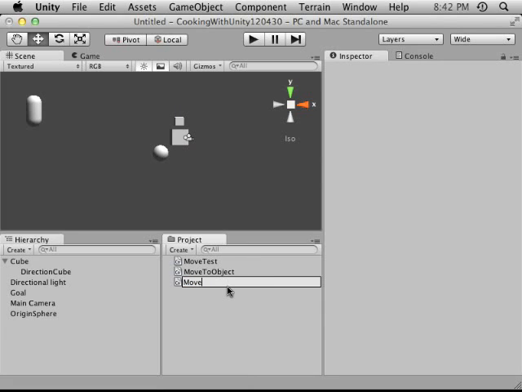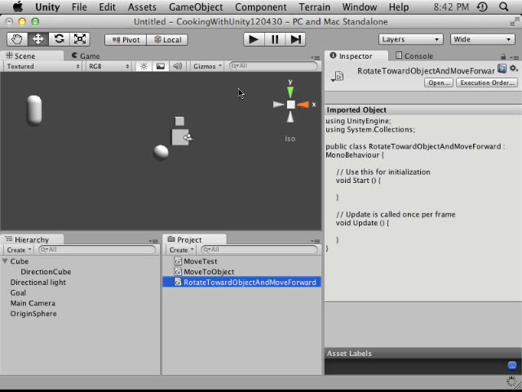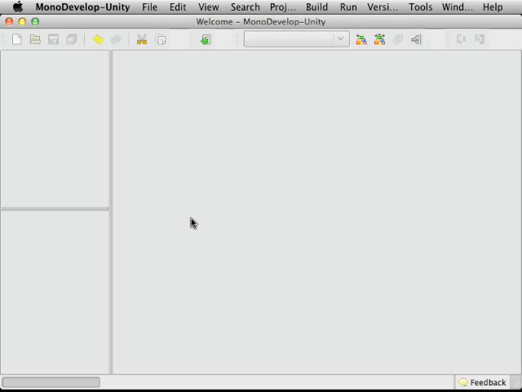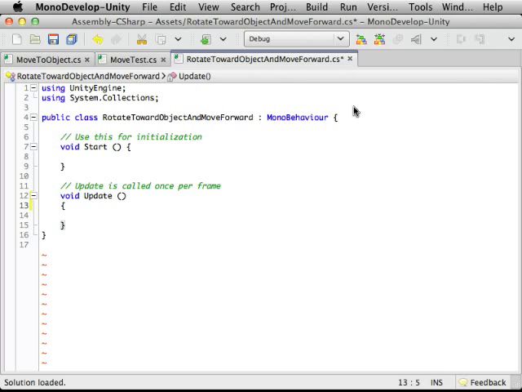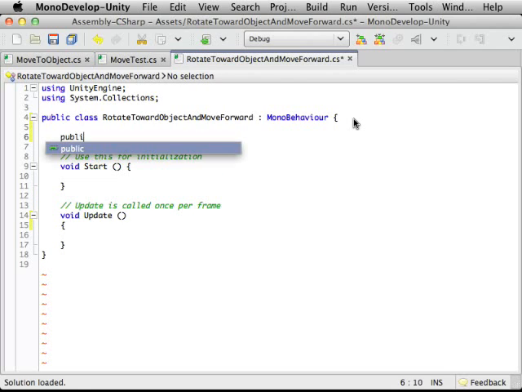We're going to do move, rotate toward object, and move forward. So what this one's going to do is, just like we did before, we're going to set up a speed,